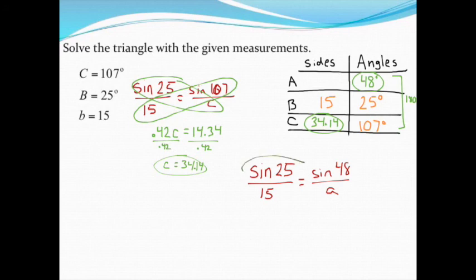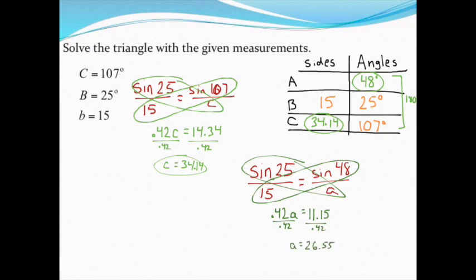Once I cross multiply this way, again, I can use my calculator. Of course, it's going to come up with the same thing as it did last time. 0.42 times A is equal to 15 times the sine of 48, making sure I'm in degree mode. That comes out to be about 11.15. Again, I would recommend don't round these off in your calculator, just use the full answer on your calculator. Finally, divide both sides by 0.42, and I find out that side A is approximately equal to